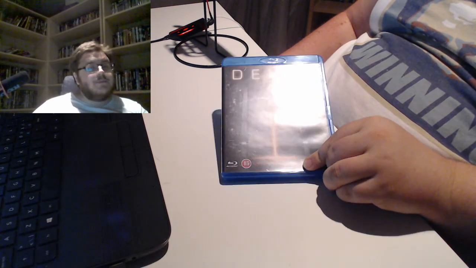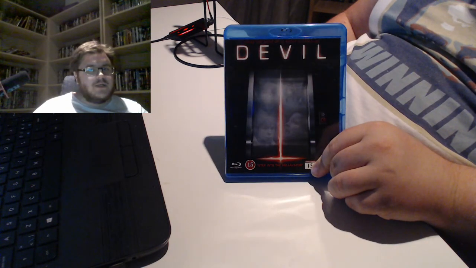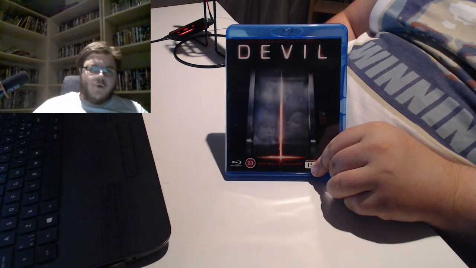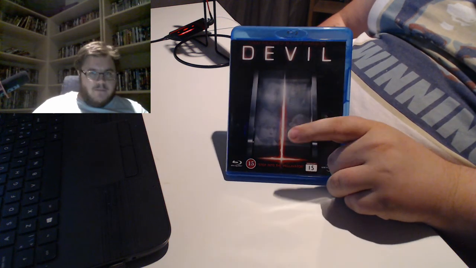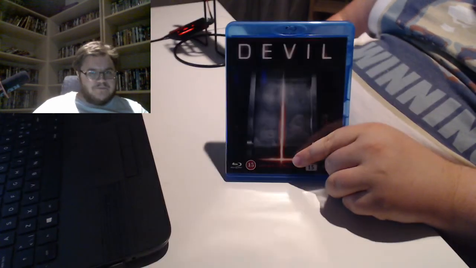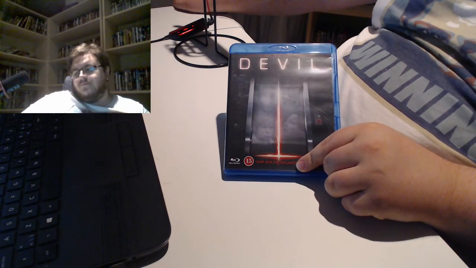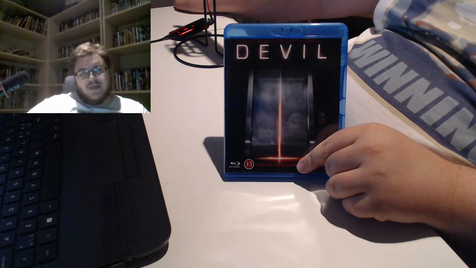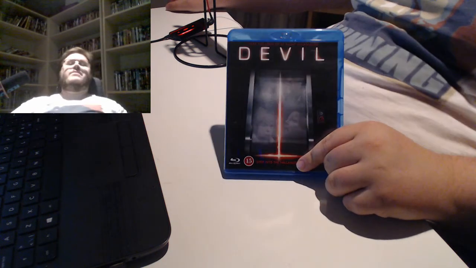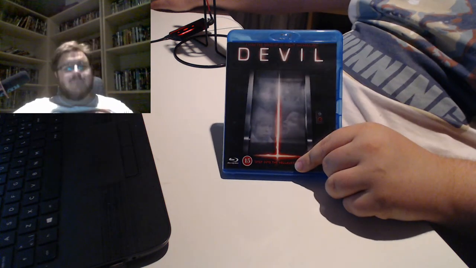They'd actually made a movie before this called The Poughkeepsie Tapes, which is one of the most disturbing horror movies ever made, and that's why I bought this, because I'd seen that before. I really like this concept. It's the people being stuck in an elevator and being killed off one by one. It's silly, but it works. I think it works.